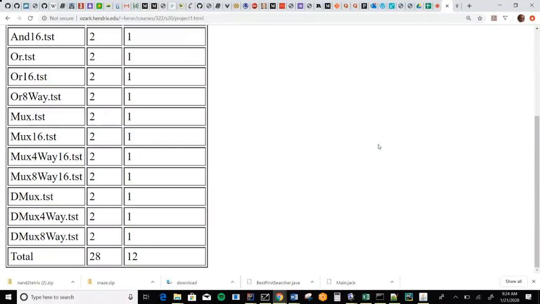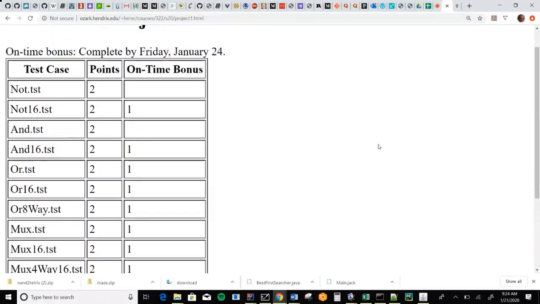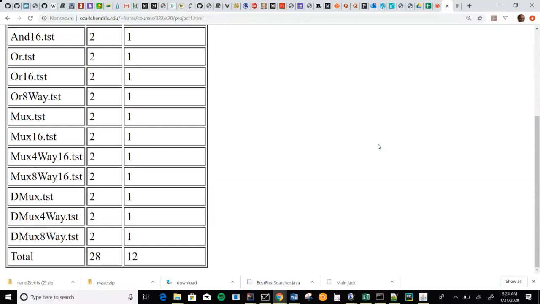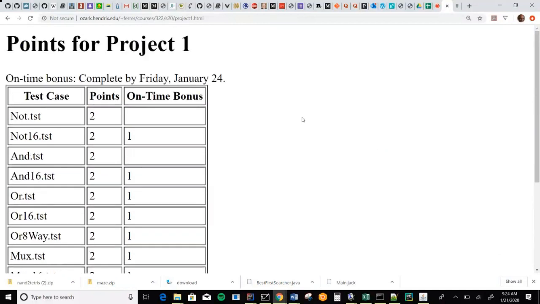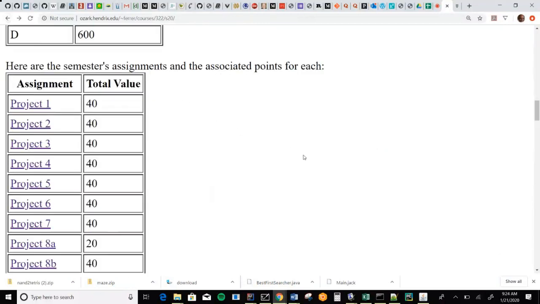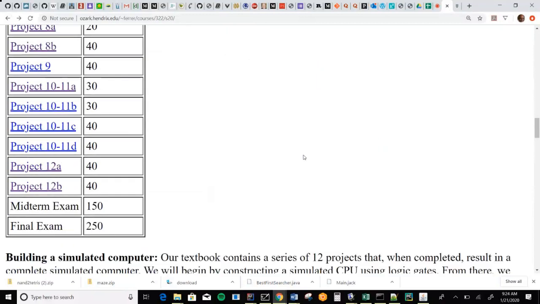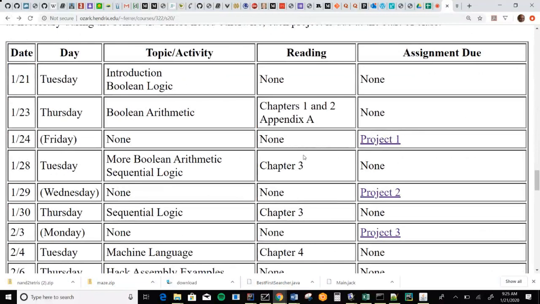Neat. And then if you add it all up, the base score is 28. You get it done by Friday, you get 12, and then those bonus points are all distributed as you can see in the table. In this case, it happens to be precisely 70%. So that's your first assignment. I think you're going to have a lot of fun with this once you get the hang of it. You definitely want to read the chapter and see what the authors have laid out in there. I think you're going to find that to be helpful.